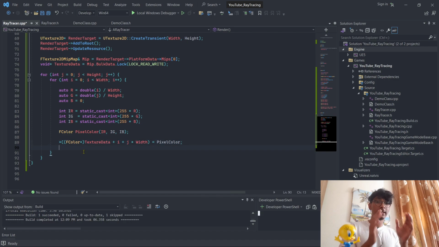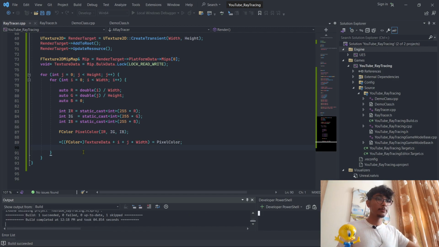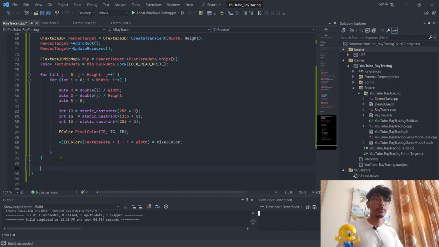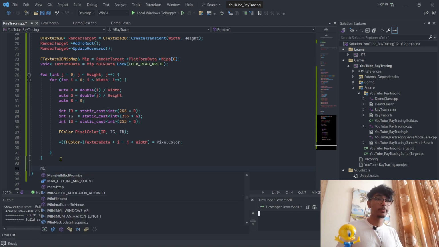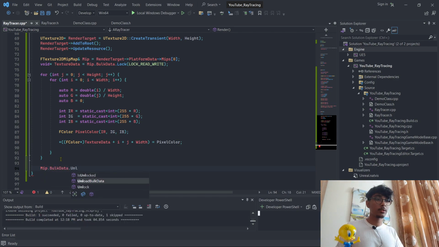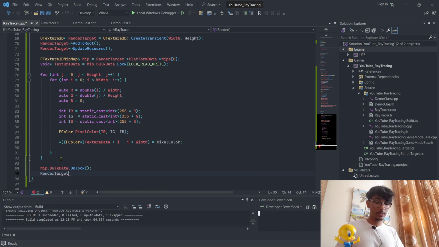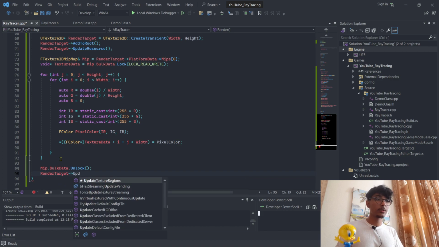So now it's all about assigning that texture to the material and displaying it in the post-process volume. So let's do that. Let's actually compile and check if we have any errors. So we actually don't, but we won't know until we run the program for logical errors actually. So now first we need to close the MIPs. So MIP dot bulk data dot unlock and update the resource. So render target and update resource,